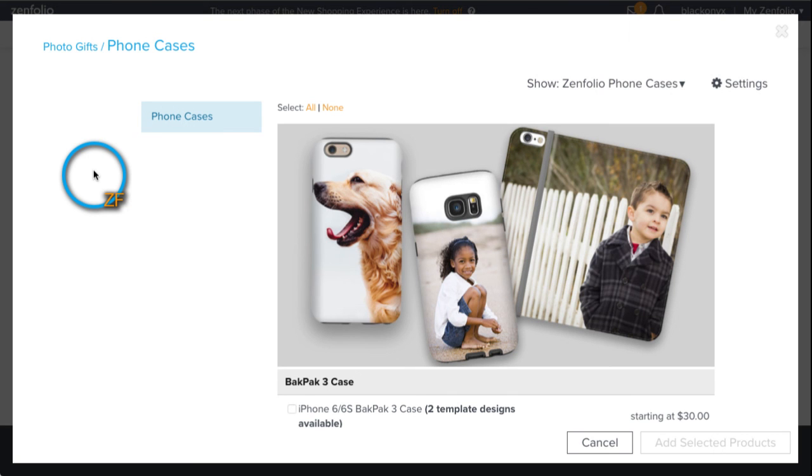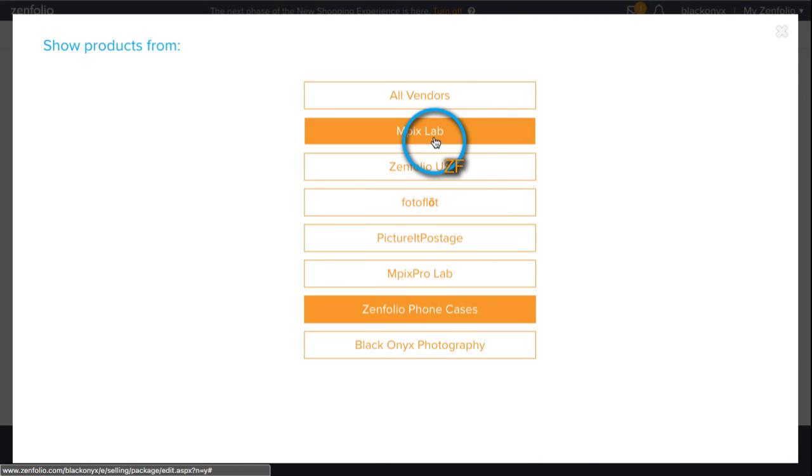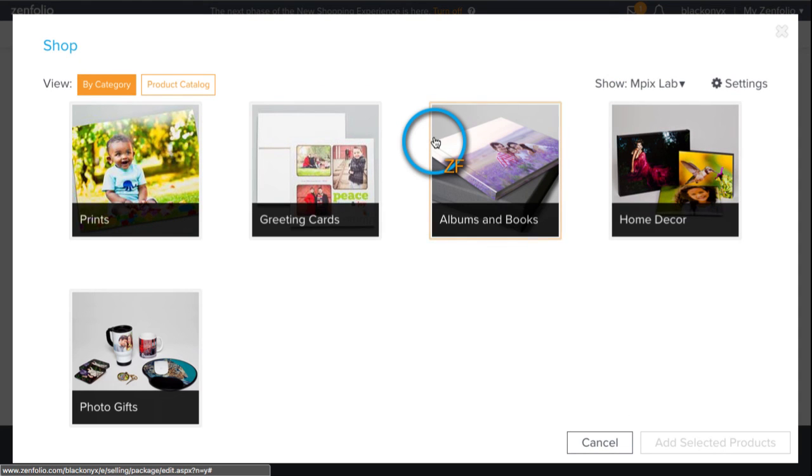Now, like I said, what we want to do is choose products from a single vendor. So I know that I'm going to be using MPix as my vendor for my price list. So when I'm creating this package, I want to click over here and just go ahead and choose MPix right here as well for my vendor, so that I know any products that I choose will be fulfilled through MPix